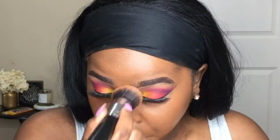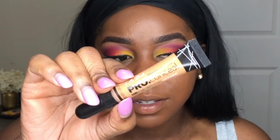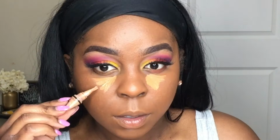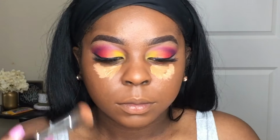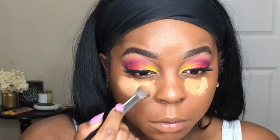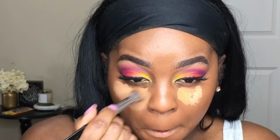So I'm here for the girl then. So I'm so excited because I finally found Fawn at the beauty supply store again. I'm using my LA Girl Pro Concealer in Fawn, and that's going to go right under my eyes. And then I'm still going to go in Warm Honey on the outer corners to make it a little brighter, and I'm going to use my Morphe E8 brush to blend that in,